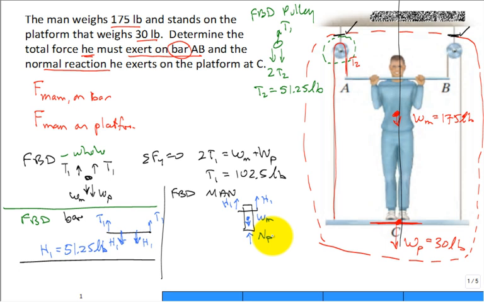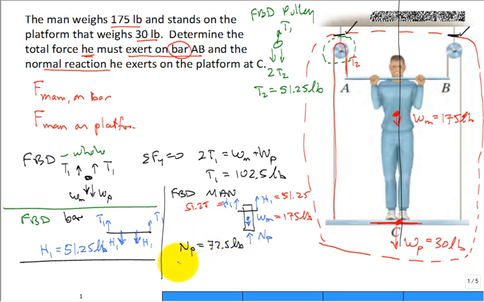Okay, so we just solved for H1. That's 51.25. But now I only have one weight of the man and only one force between the bottom of the shoes of the man and the platform. And so this was 175 pounds. Do the sum of the forces in the Y, and you conclude that the normal force between the platform and the man comes in at